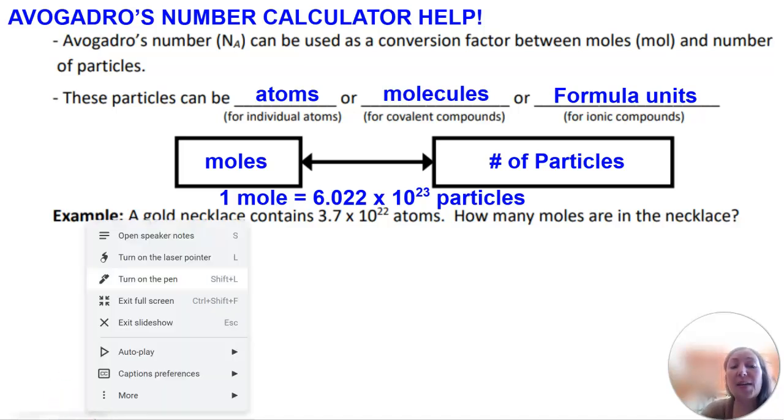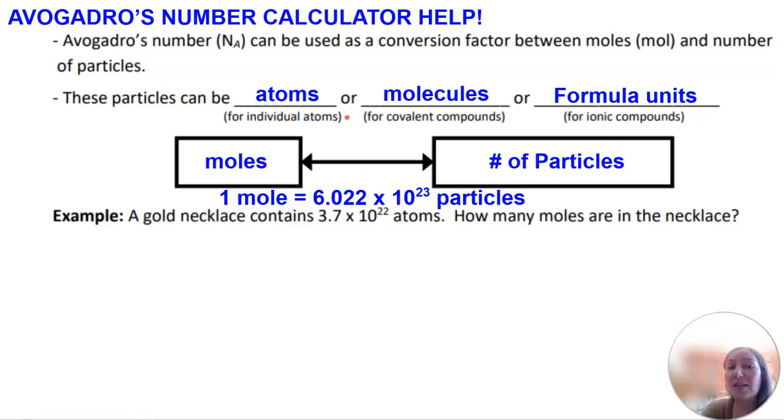And so it can be tricky to figure out how to deal with Avogadro's number on your calculator. So the purpose of this video is to get you some calculator help when using Avogadro's number, that 6.022 times 10 to the 23rd. It can seem huge and kind of hard to deal with. And so it's great because if we have a whole bunch of particles like that, we can have a reasonable sample size in the lab, like a mole of carbon is about 12 grams, but it's hard to deal with the math. So let's try one example again and then talk about exactly how to use our calculator to calculate